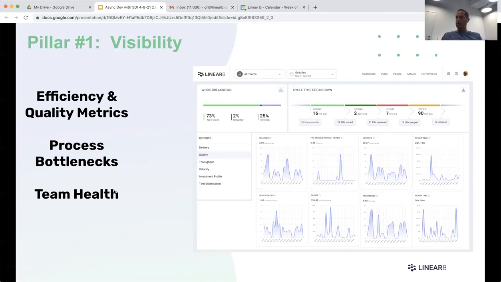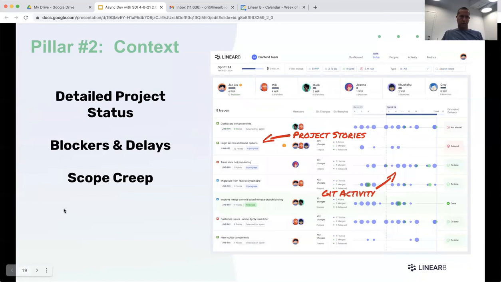By the way, burnout is an interesting topic in the COVID days, because the main thing that is happening is people don't have a cutoff point where they say work has ended, now I'm starting my life in a work-life balance. And people are always in an always-on mentality. So team health is a very important and interesting metric to track, and you have visibility to it.